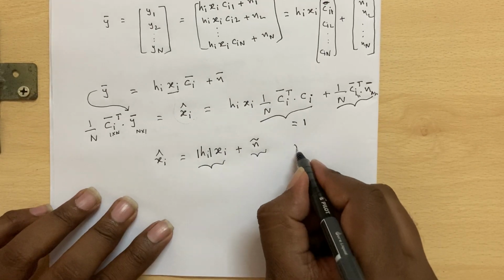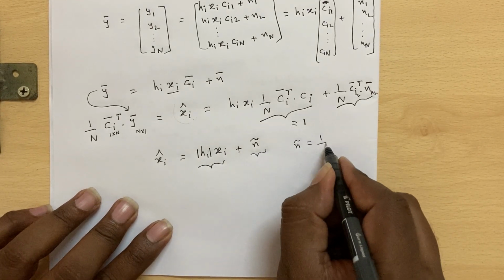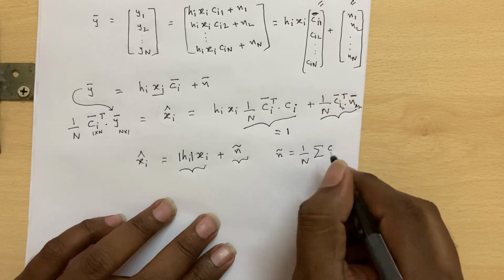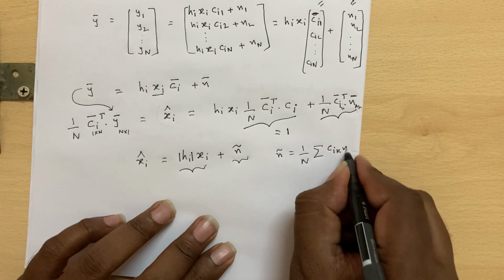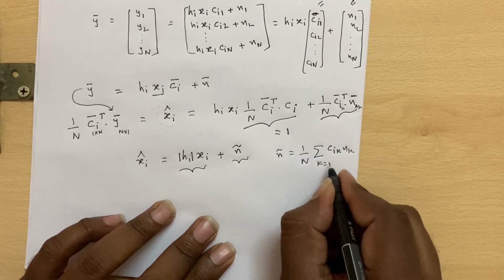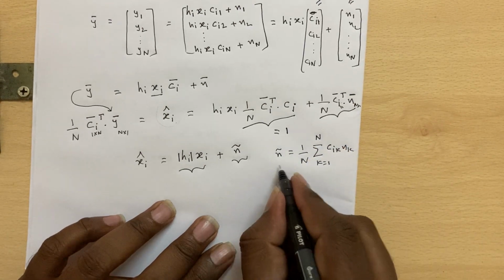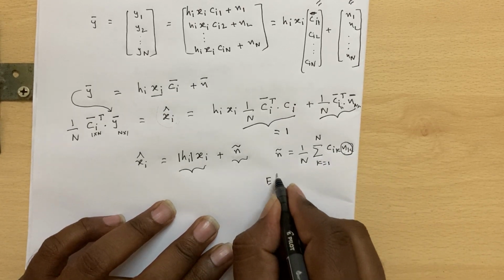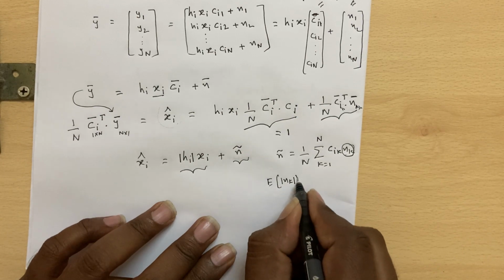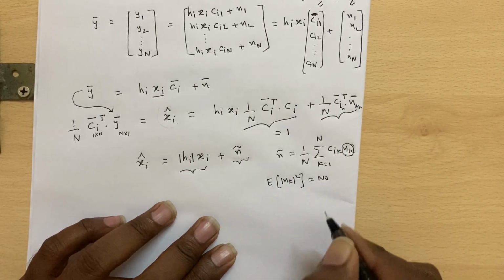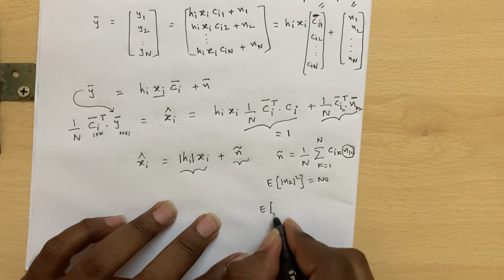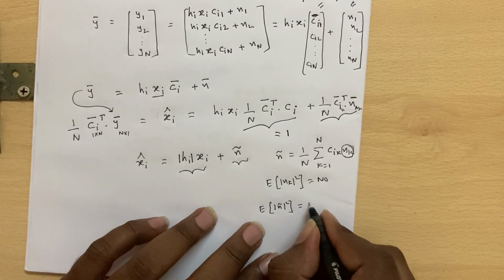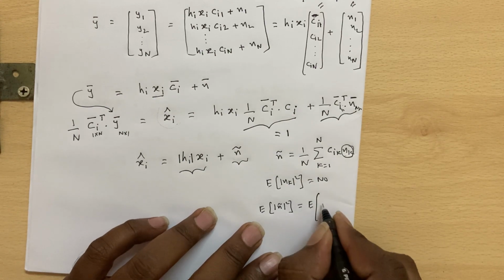This is a scalar, and this is nothing but 1 by N. Expanding this, you will get the sum of C_ik into N_k, k equal to 1 to N, and these N_k are zero mean Gaussian random variables with variance N0, and you can prove that the expectation of mod n square is equal to expectation of,